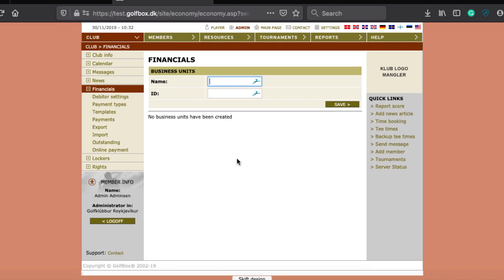There's a financials area, and I will not really go into that today. It will not be until next time that I go into that, because the way you do it right now, you invoice the ones that have integration with DKIS, they invoice everything